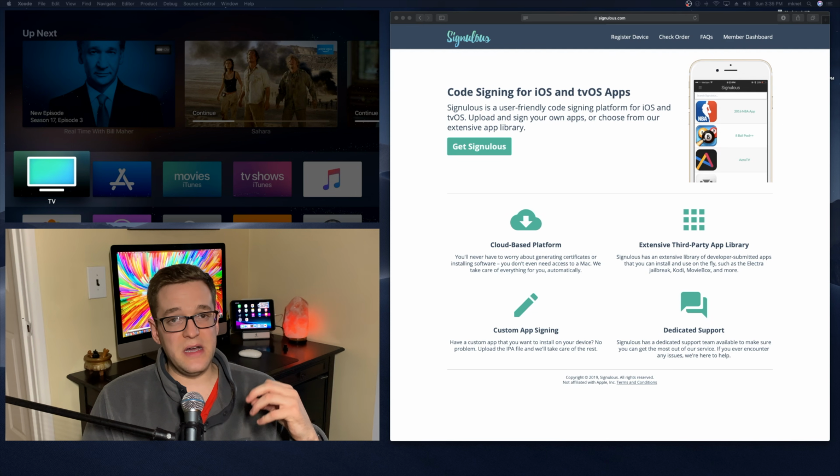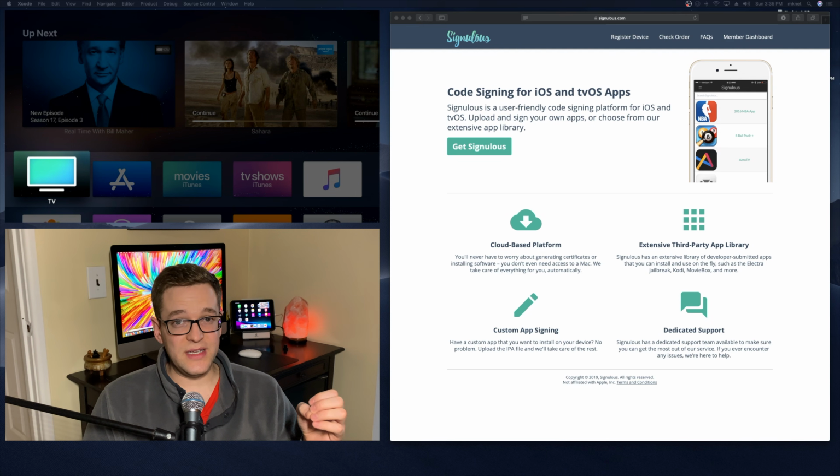Provenance is a free download from GitHub, and it's essentially an Xcode project. You have to compile it, export it, and get it onto your Apple TV. That all sounds pretty straightforward, but the process is a little tricky, especially because there are a lot of compile errors. And in order to get all the features like iCloud, keychain, app groups, and all that kind of stuff,